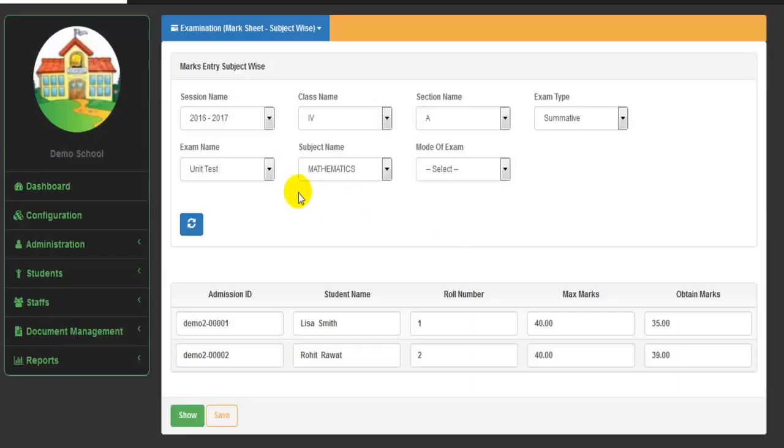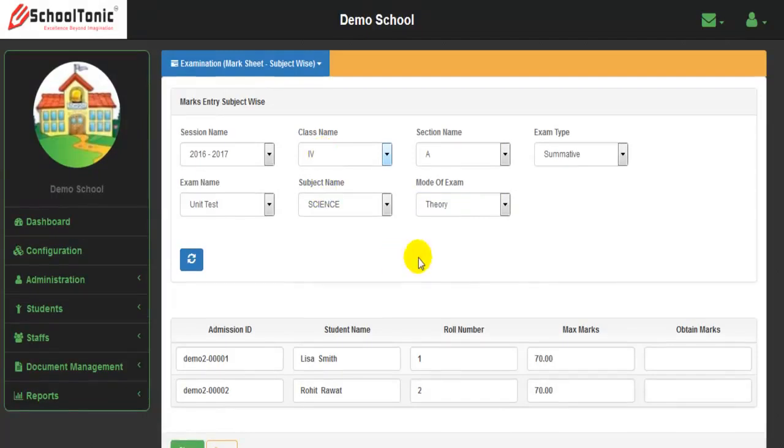I will also show you one more example with this option. Like we have selected mathematics, this time I'm just going to select science. In science we have created two different modes of exams, theory and practical. So I'm just going to assign some marks for theory. Just select theory and then click on show. So you can see the marks for the theory examination would be appearing here. So let me assign